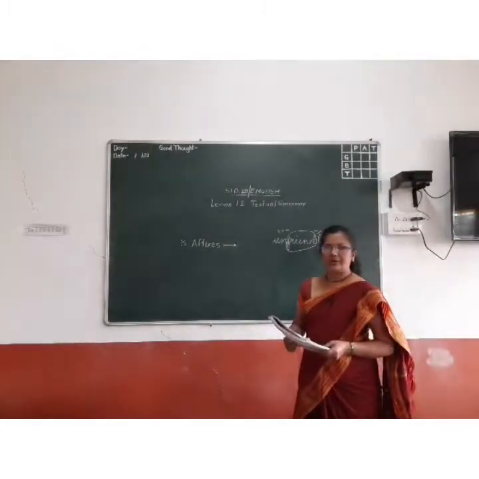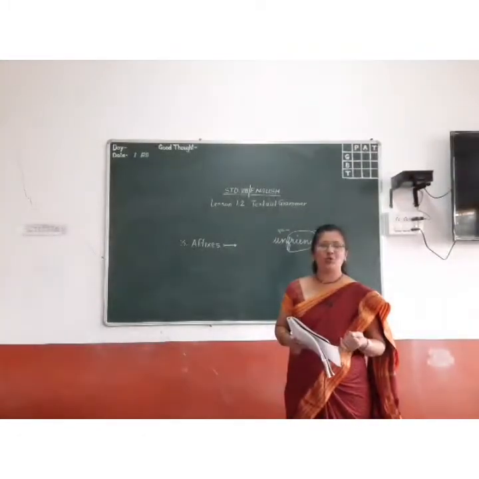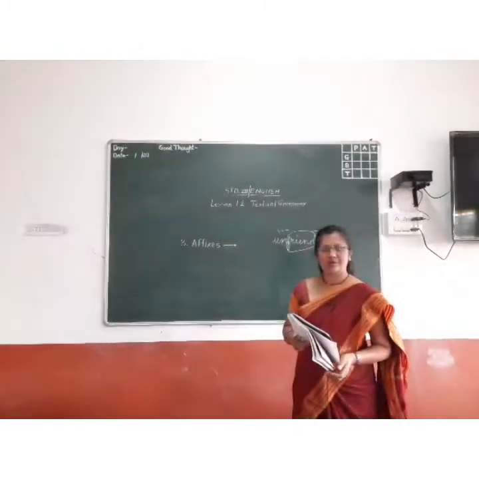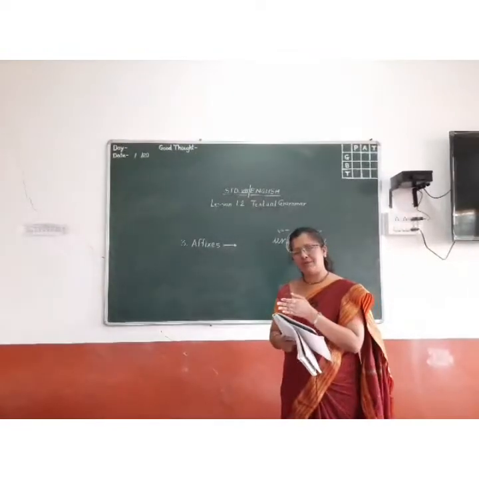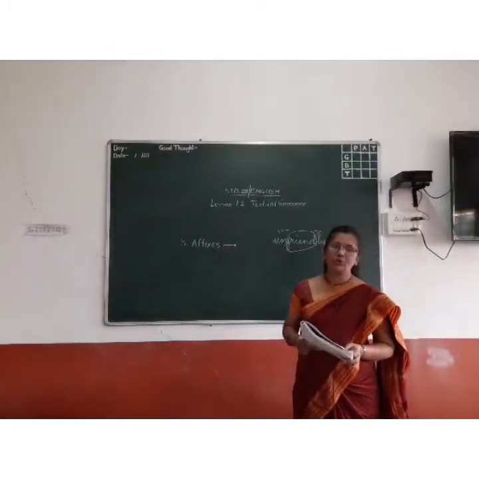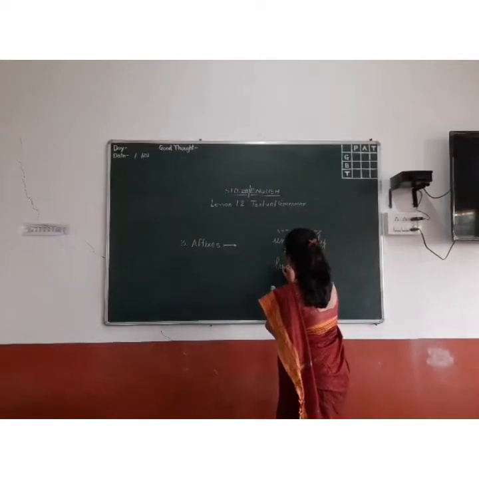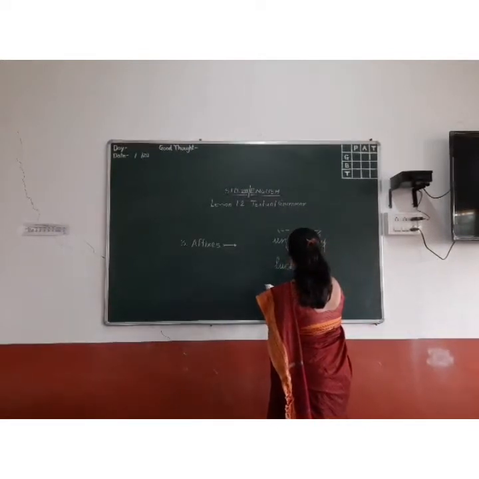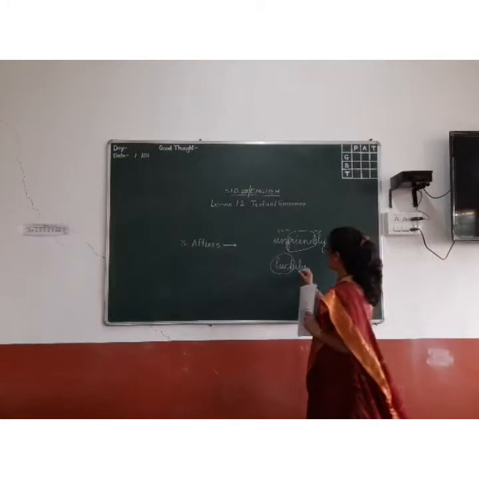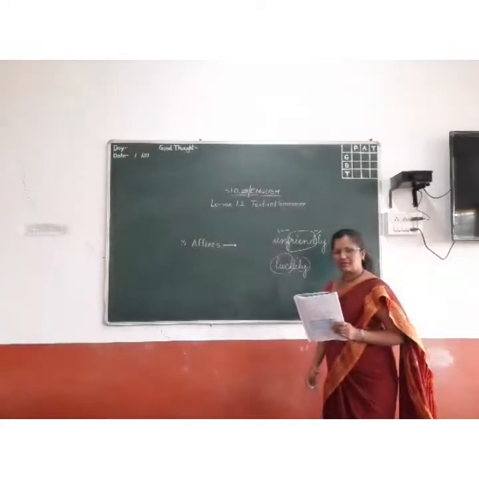Next word is fallen. Root word is fall, correct. Unkind. Root word is kind, good. Un is the prefix. Wooden. Root word is wood. Suffix is en. Luckily. Root word is luck. Now in this case also there is one twist. Luckily. Root word is luck. Then ily, luckily. ly is the suffix.